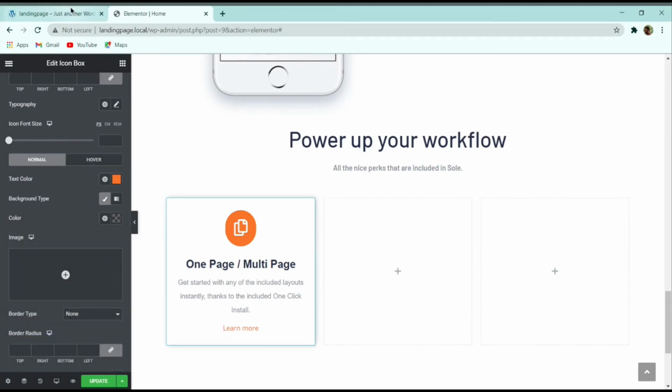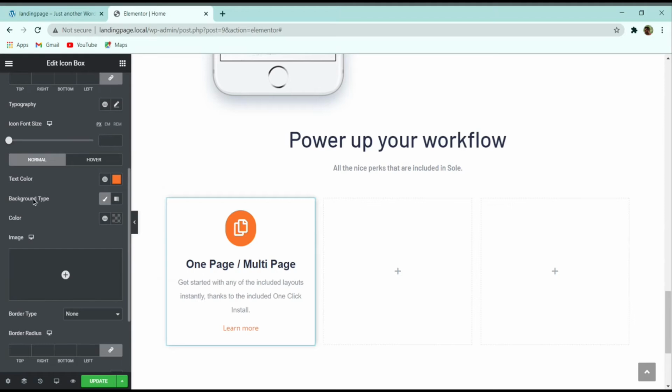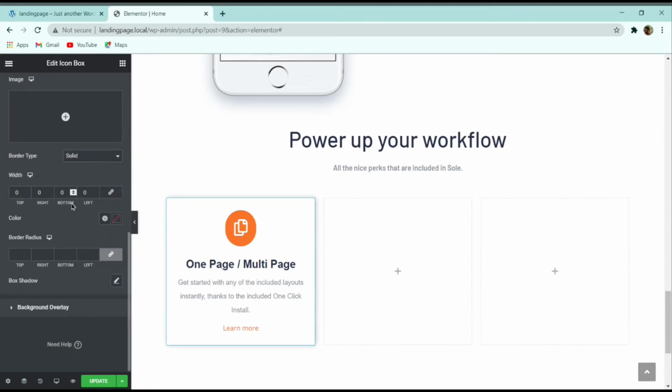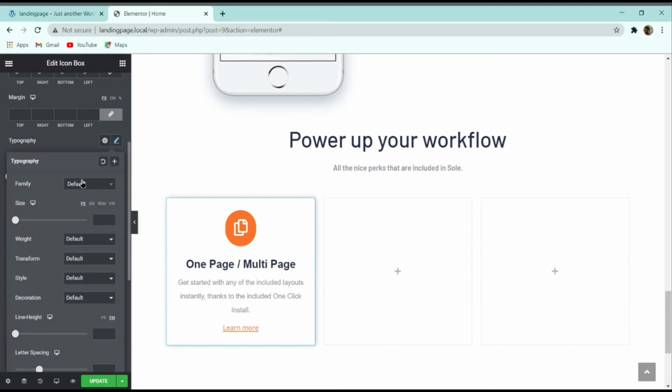After that here you can see that there is a border under this text. To add that border, here you can select this border type, make it solid, and then just at the bottom give a border width of 2, and then unlink this border radius. Now let us give a typography to this button. Here I will select the typography. Font family I will give Montserrat, and then size I will give 15, and weight I will select 600.